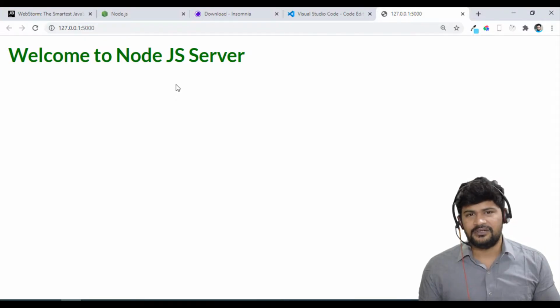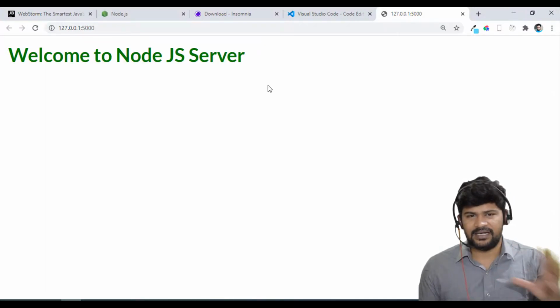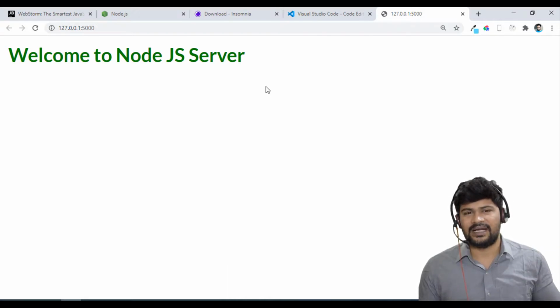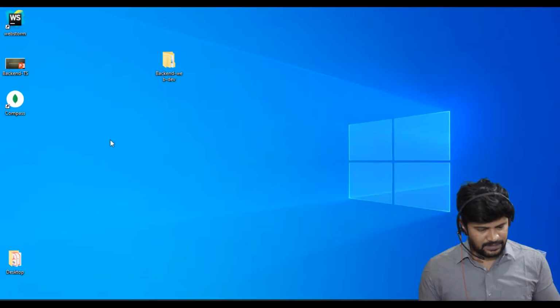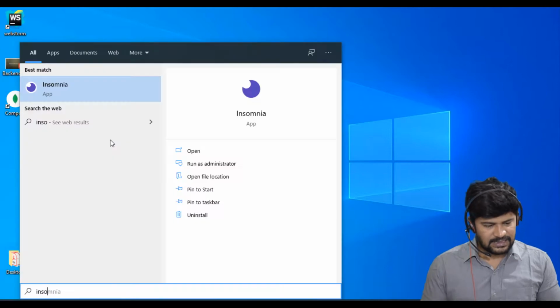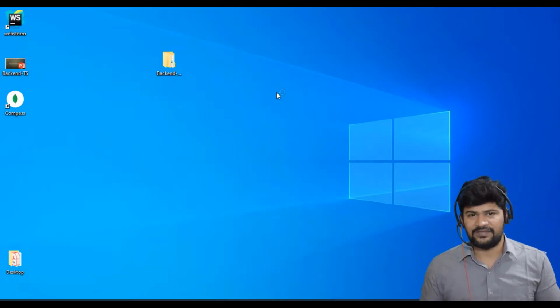But most probably we never send requests to the server with the browser, because we don't have a front end design for this. So I'll tell you how to run them using Insomnia and Postman. First let's open Insomnia. You can just search for Insomnia in your system because we installed it in a previous video.